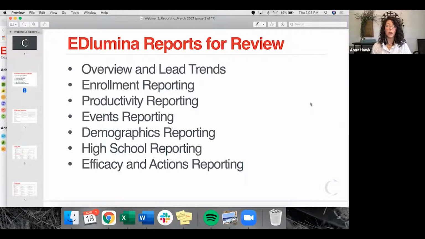So we'll go over our overview and lead trends reports, which are kind of like our dashboards. Then we'll touch on our enrollment reporting, going over productivity, events, demographics, high school reporting, and then lastly, our efficacy and actions reports. So these are all great reports that you should be utilizing every day anyways for your admissions